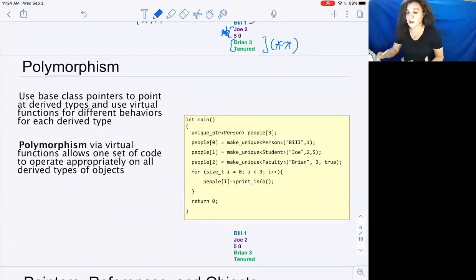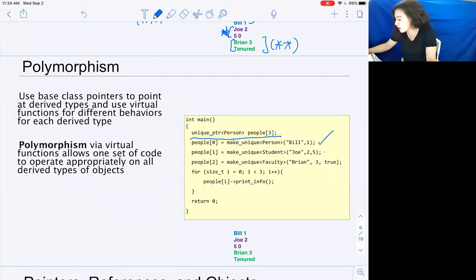So now let's look at this exact same example, but now we're going to be using unique pointers. So you can see here in main, I declare an array of 3 unique pointers called people. Then I initiate each of those pointers to be objects that I create on the heap using make unique. So the first thing, just as in the previous example, I am going to make a person object named Bill on the heap, and I will store its unique pointer in the first position in our array of person unique